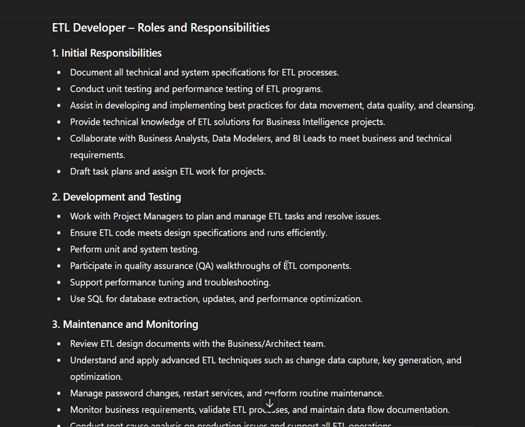What we have to do once you get a job, what you can learn, what you will have to do, right? So these are the basic roles and responsibilities. According to that, not 100%, but mostly these things we have to make sure we have some awareness of, right? ETL developer roles and responsibilities, like initial responsibilities: document all technical and system specific specifications